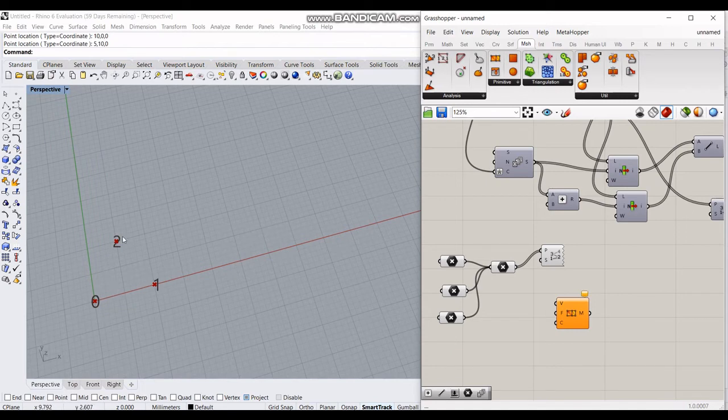Yeah, so we have 0, 1, 2. These are the indices of the points in this point component. So if we are giving this as the vertices, for the face we need to be giving the indices of the points in the exact order, so that we get the triangle. So for example, we need to give T, corresponding to triangular mesh, T in the bracket 0, 1 and 2.